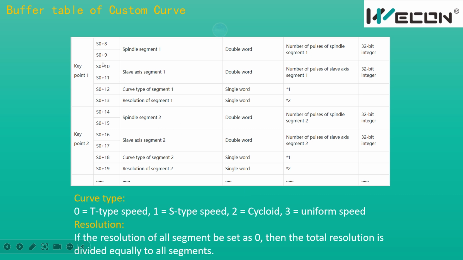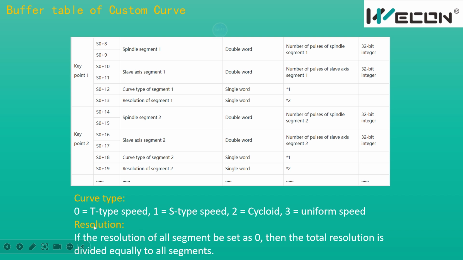And the next step, we need to set the detail parameters of different segments. For example, for point 1, we need to set the master length, slave length, and then the curve type and the resolution of these segments. For curve type, we have 4 selection,